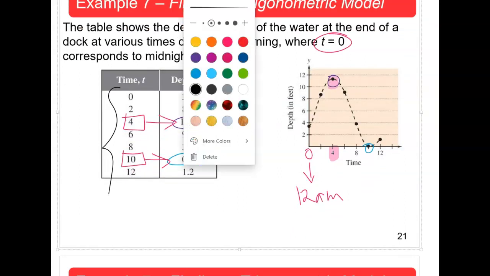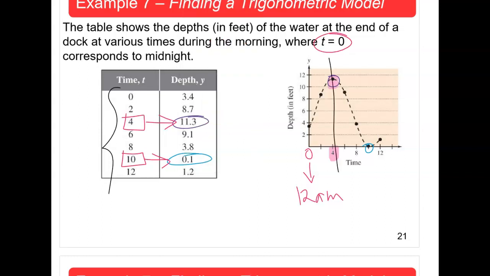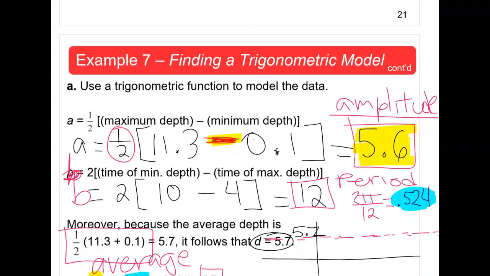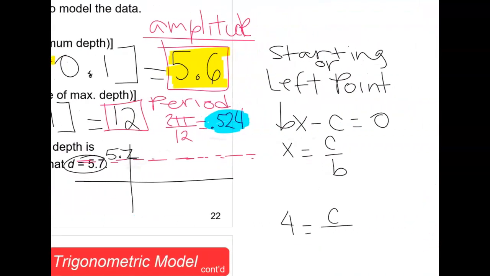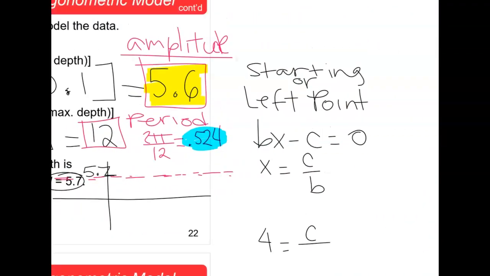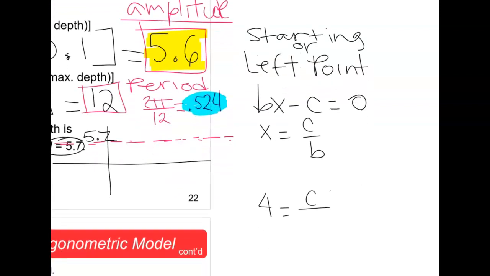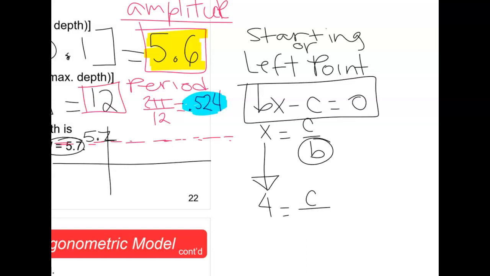So that starting point occurred at time 4, at x equals 4. So we're going to use that concept to find what we are going to call the starting or the left point. According to our slides, we need to create an equation that will mimic the parent function. So that equation is bx minus c equals 0. For ours, we know the x value is 0, and we already know the value for b, which is coming from here,